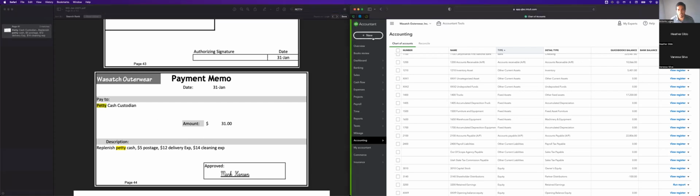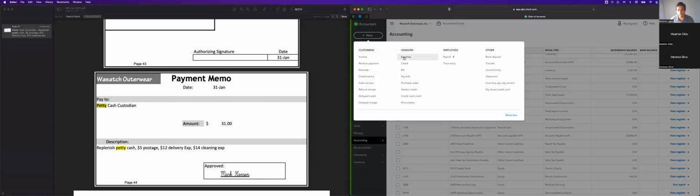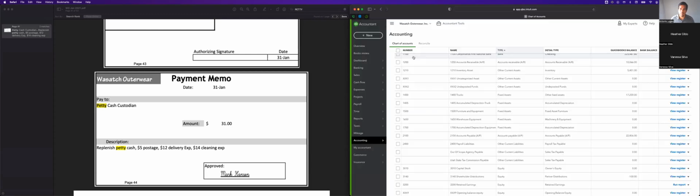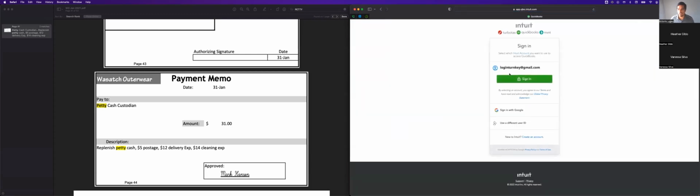And when you do that, you can do two things. You can either do an expense, or you can do a journal entry. Those are the two options. Or you can go through a bill and pay bills, but that's in my mind too much work. I would just do, oh, this isn't,